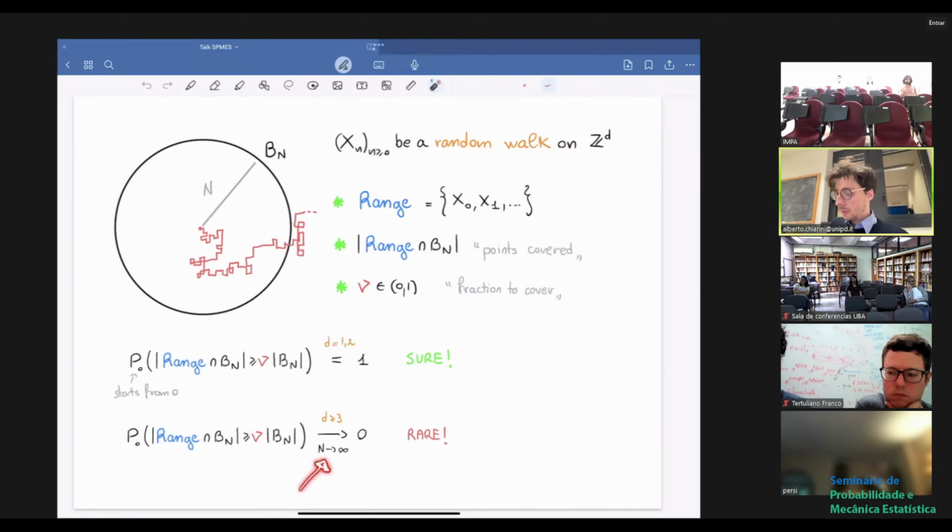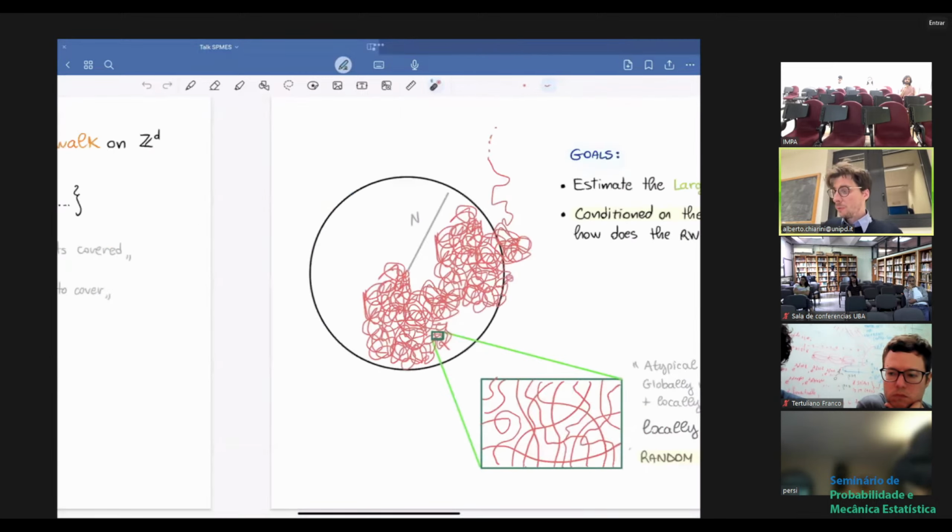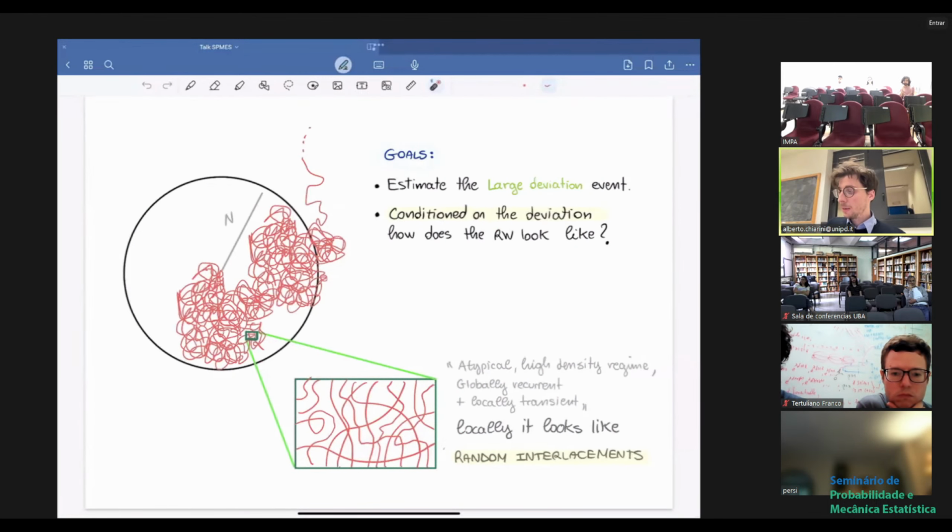And what we want to do today, this is the goal of today, is to estimate the probability that we cover such a portion of a macroscopic body, and we want to give precise large deviation estimates for the event in dimension d greater or equal than 3. And then we want to understand how the random walk looks like conditioned on this deviant behavior, that is, of covering this macroscopic body